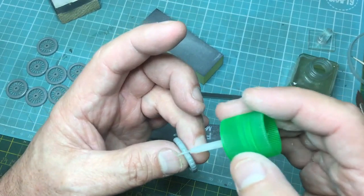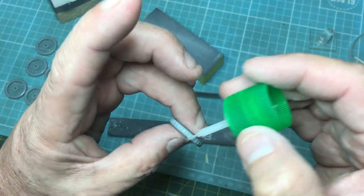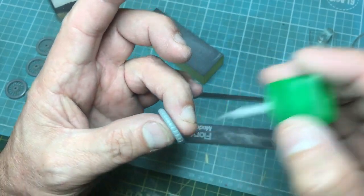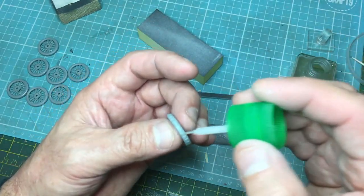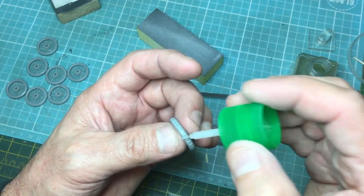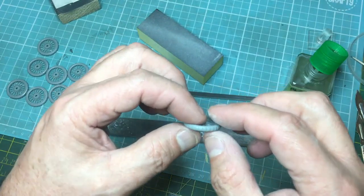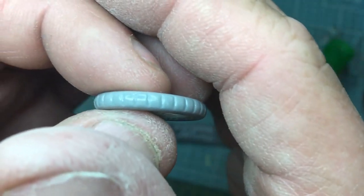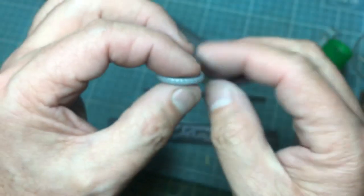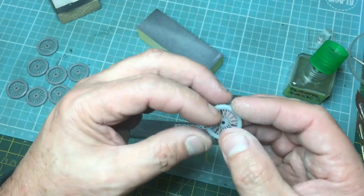Nearly finished. A bit too much there. And it dries in a second, so that's practically dry now. No, it's not. So I could just go over it again and reshape that plastic. Well, this side is dry, and you can see that mould seam is all but gone. Once it's painted with some tyre black paint or the rubber grey, whatever colour these tyres would have been, it'll